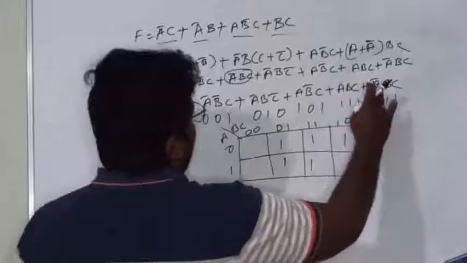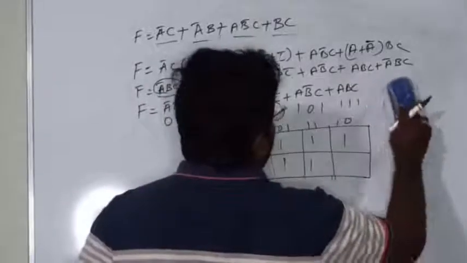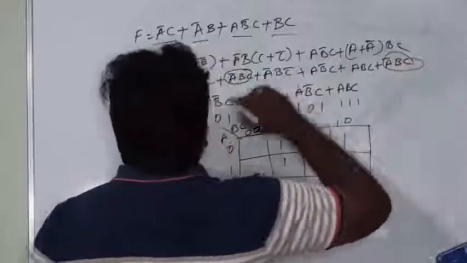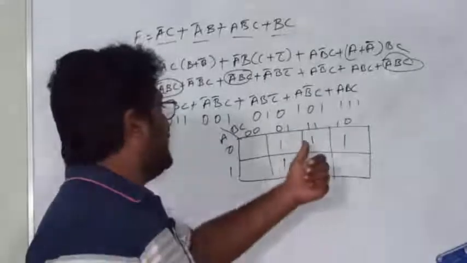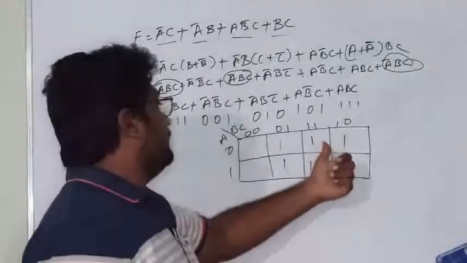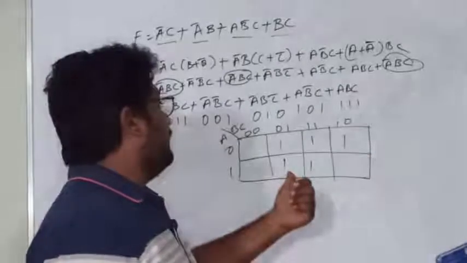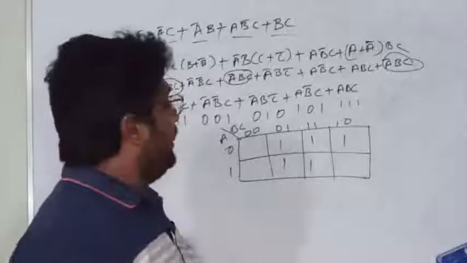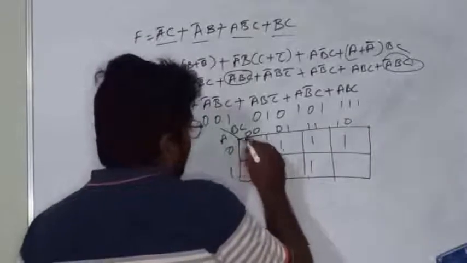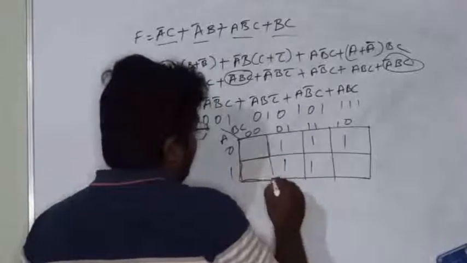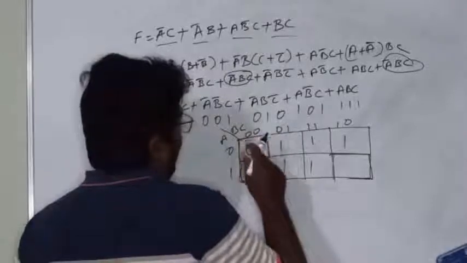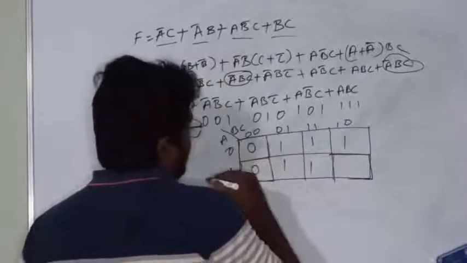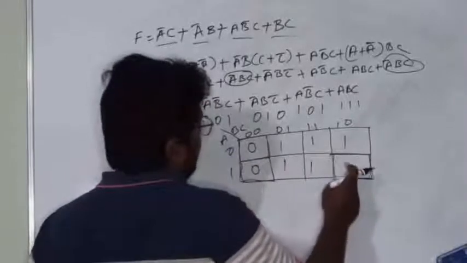Yeah, this one is also common, right? So remove this one. This one is also common. It is occurring 3 times, right? So remove that one. So finally these are the min terms: 0 1 0, 1 0 1, 1 1 1, 0 1 1, and the remaining squares, which are the complements of these min terms, are the max terms. Here 0 0 1 I am representing with 0, 1 0 0 is also represented with 0, and next 1 1 0 will be represented with 0.